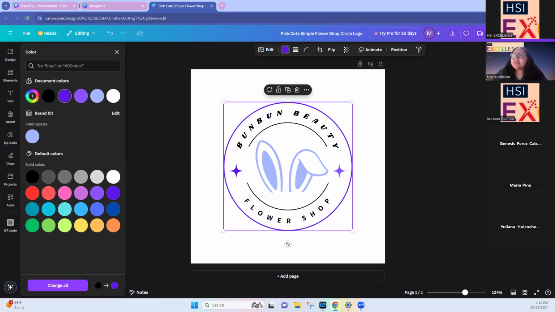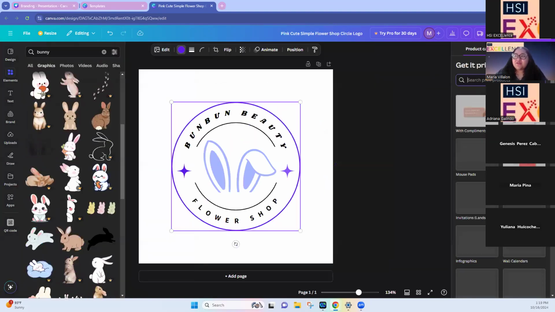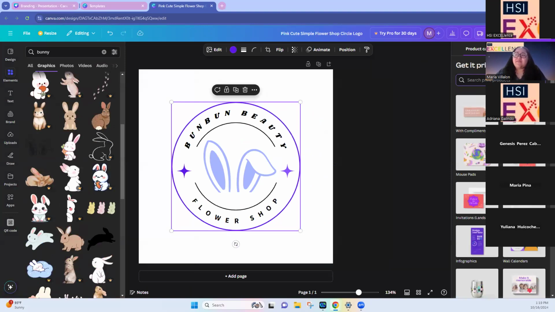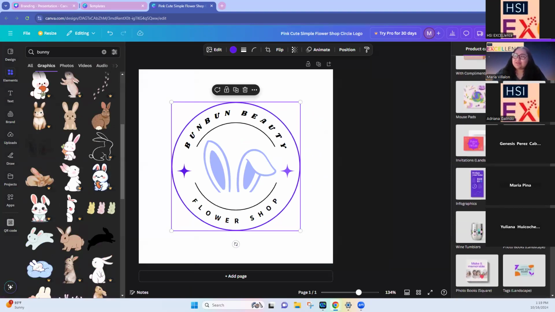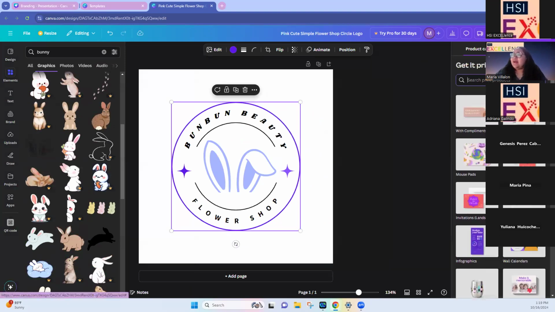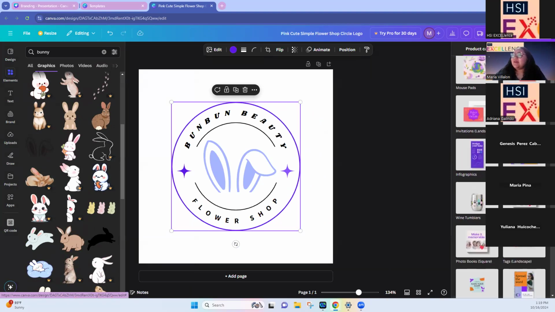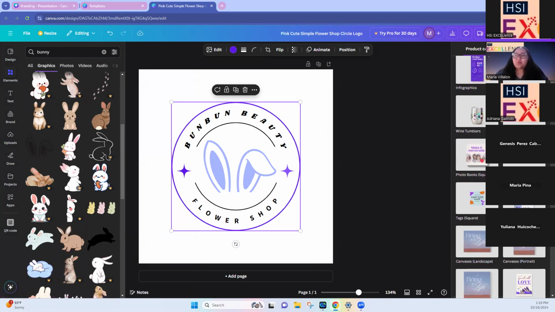So once you're done with this, if you wanted to look at it on a business card, for example, you would click up here with Print Canva. They list a bunch of different things that you can print with them. Notebooks, invitations, wall calendars, infographics. Depending on your business, you'll print out different things.